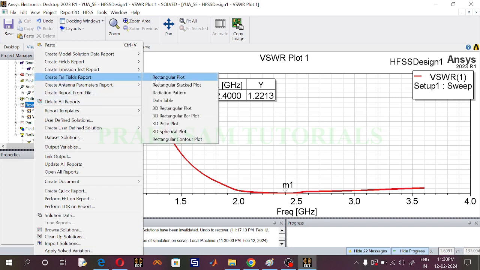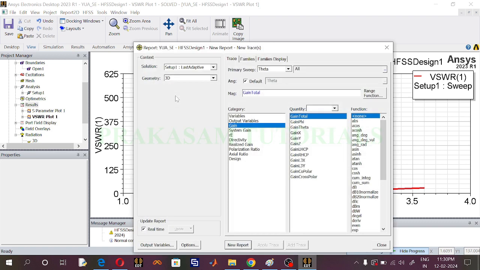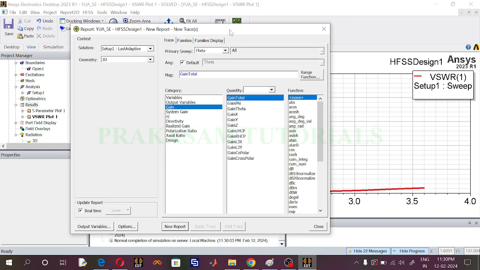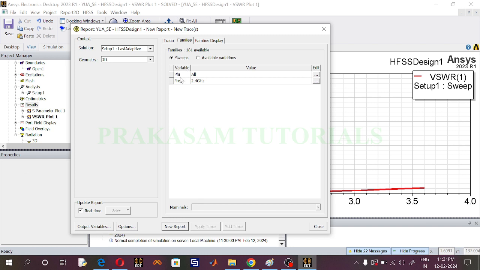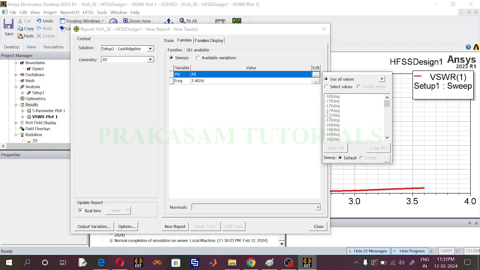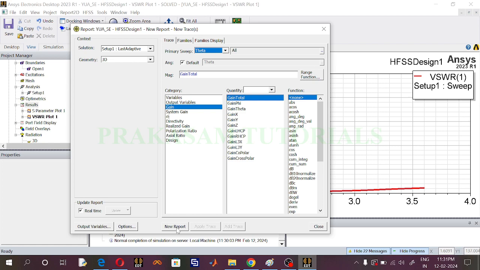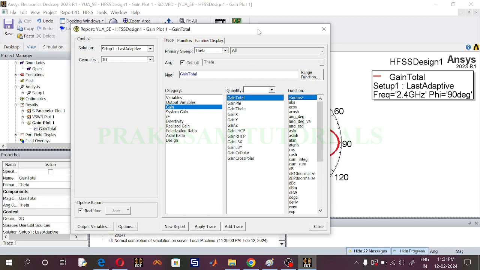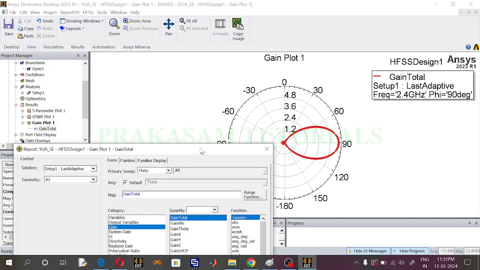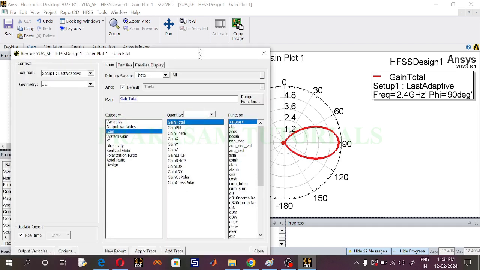Go to create far fields report, select radiation pattern, select gain in decibel and without decibel, and select families, phi values, 90 degrees. So now select new report without decibel. So this is the gain radiation pattern, 2D gain radiation pattern without decibel,